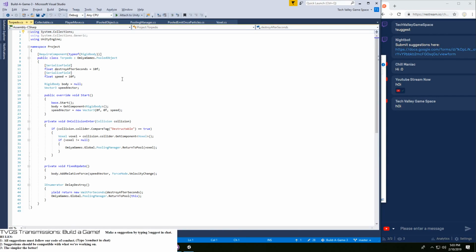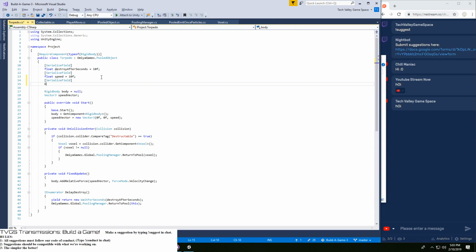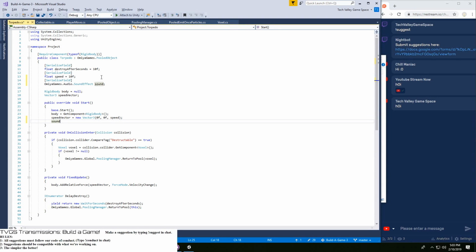Okay, so first off, torpedo, serialized field, Omiya Games dot audio, sound effect, and then we're going to play sound, and just have it so that it just plays a sound, sound.play.